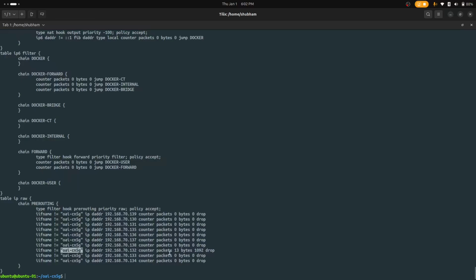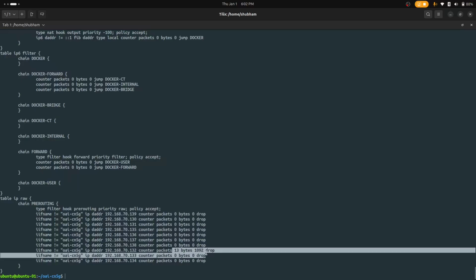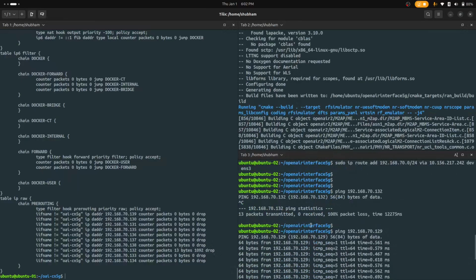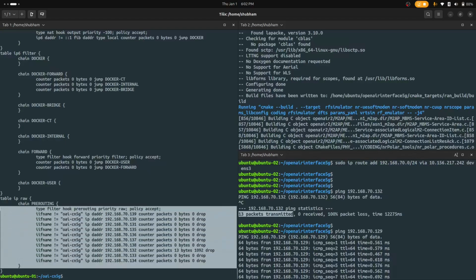So it ultimately drops your packets. Here you can see it drops 13 packets, and we have transmitted 30 packets. So this confirms that. So first of all, we have to delete this routing,